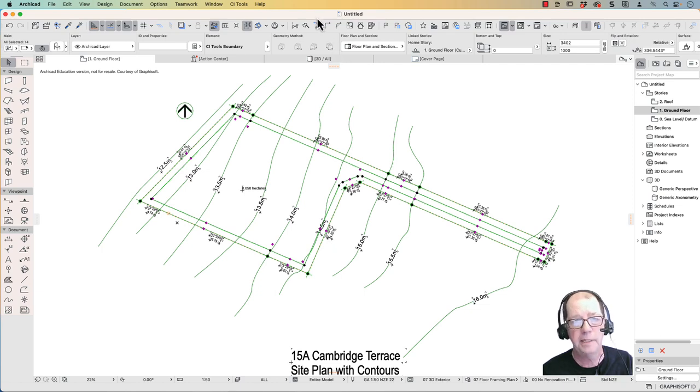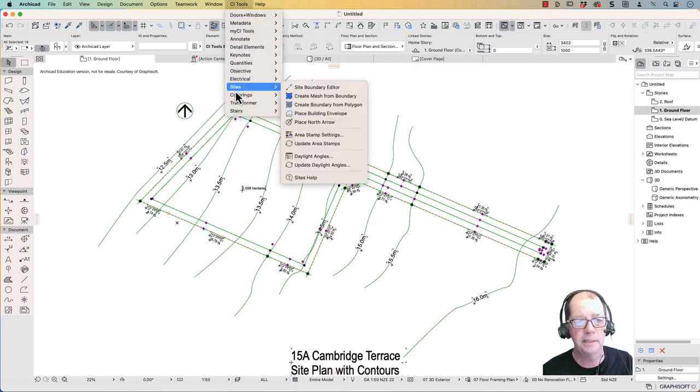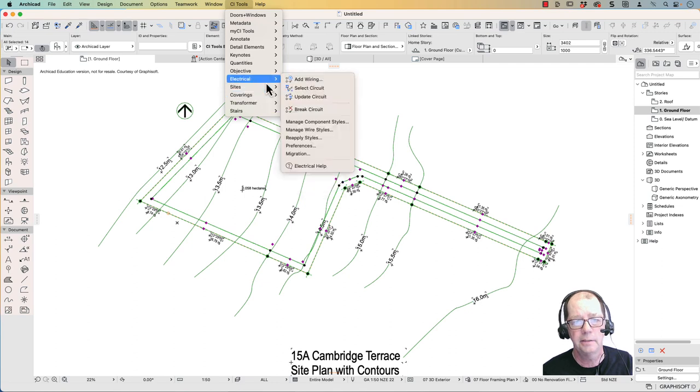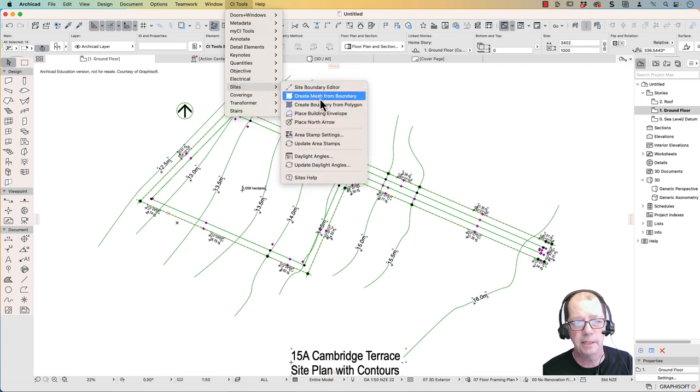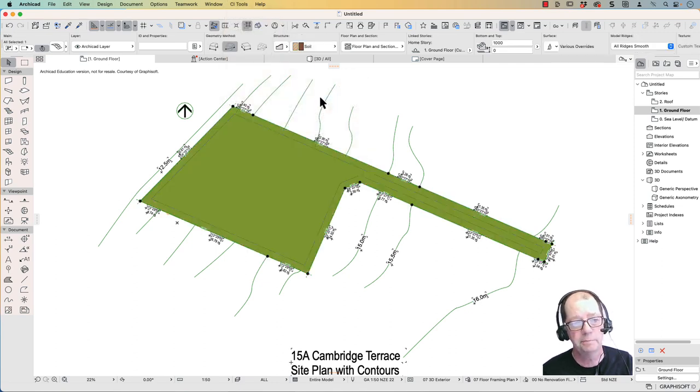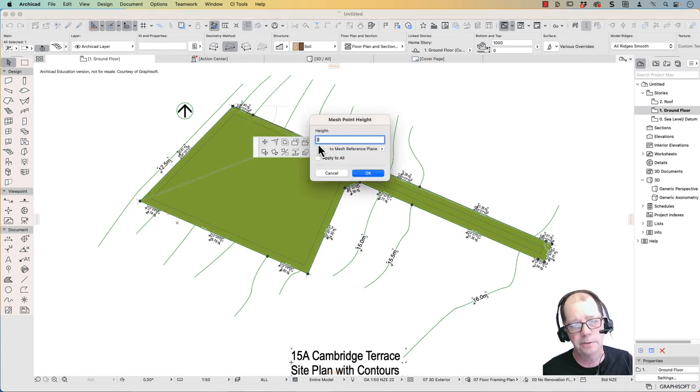Now I can go up to here and go CI tools again, sites, and I need to create a mesh from the boundary. And there's my mesh from the boundary. It's so quick. Now I'm going to spend a little bit of time going around to each of these corners and just check the elevation of each of these corners here. So the elevation of that should be